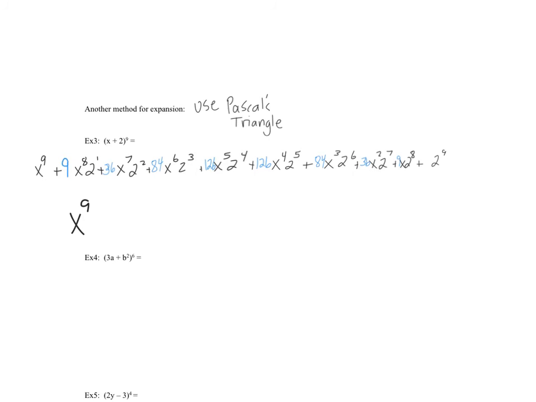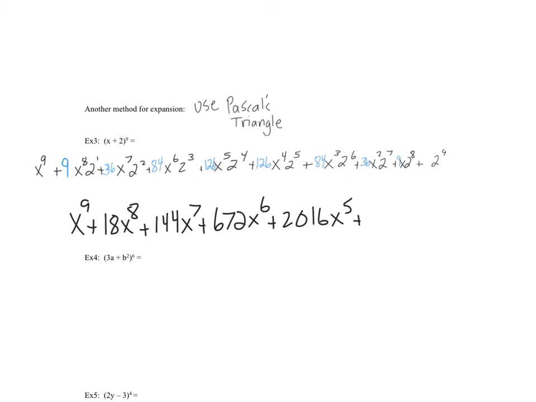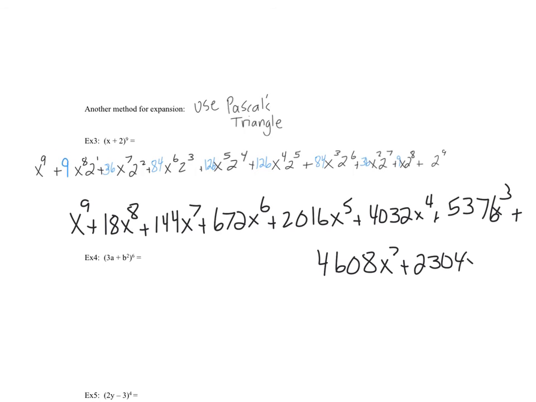I got x to the 9th plus 18 x to the 8th plus 144 x to the 7th plus 672 x to the 6th plus 2016 x to the 5th plus 4032 x to the 4th, 5376 x to the 3rd plus 4608 x squared plus 2304 x plus